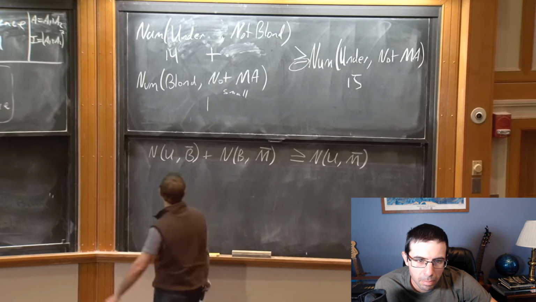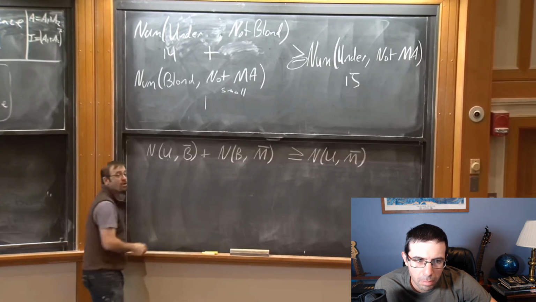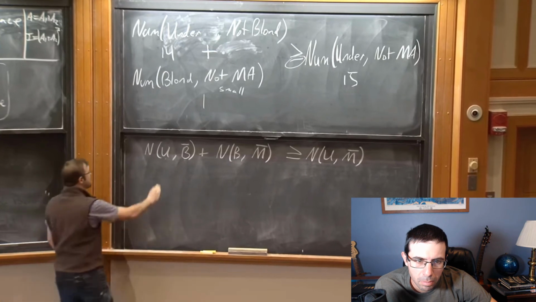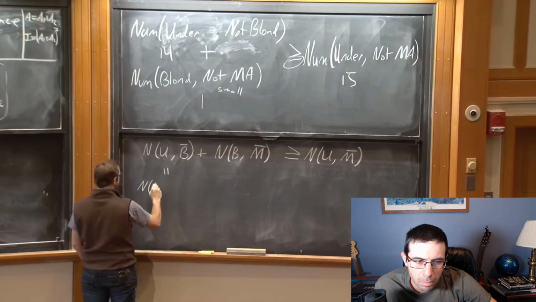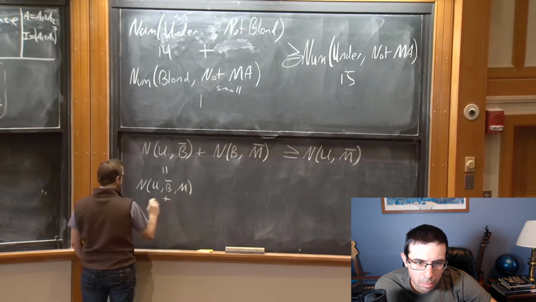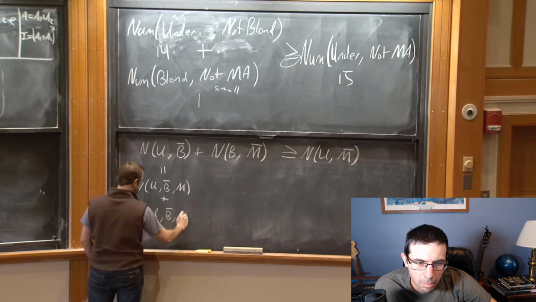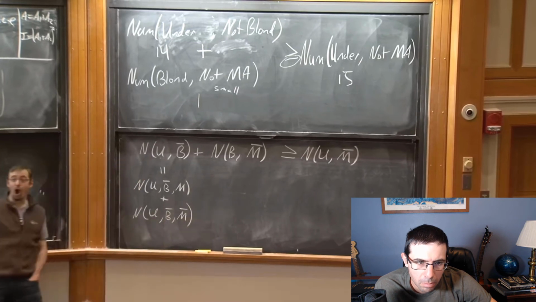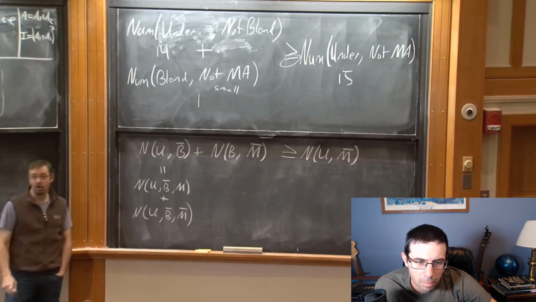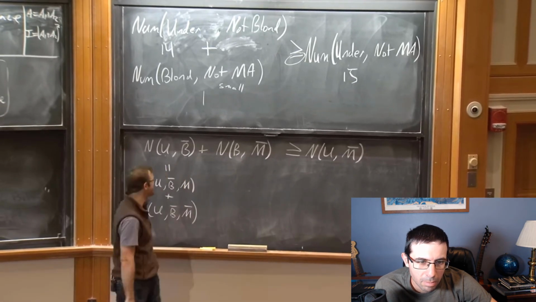So how do I prove this? Well, if you're an undergraduate and not blonde, you may or may not be from Massachusetts. So this is equal to the number of undergraduates who are not blonde and are from Massachusetts, plus the number of undergraduates who are not blonde and are not from Massachusetts. It could hardly be otherwise. You either are or you are not from Massachusetts. Not the sort of thing I normally see in physics.